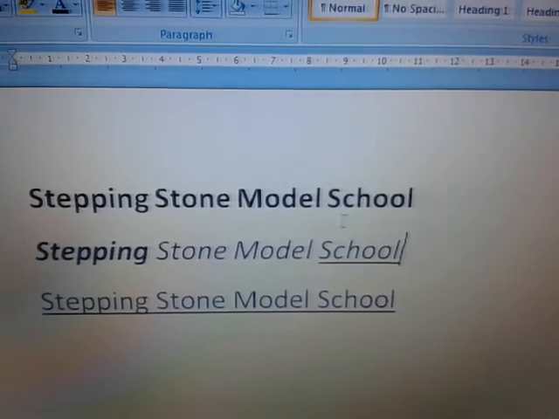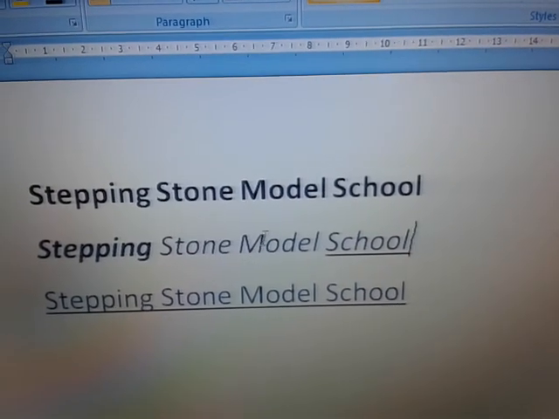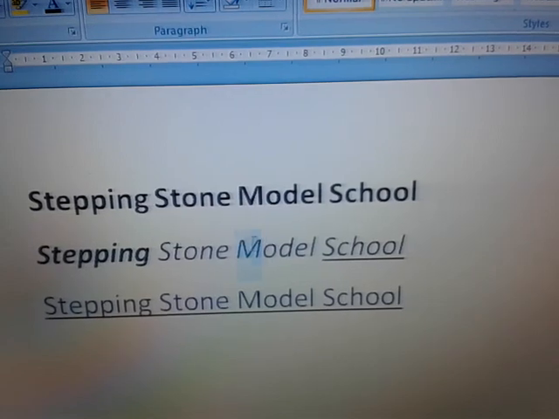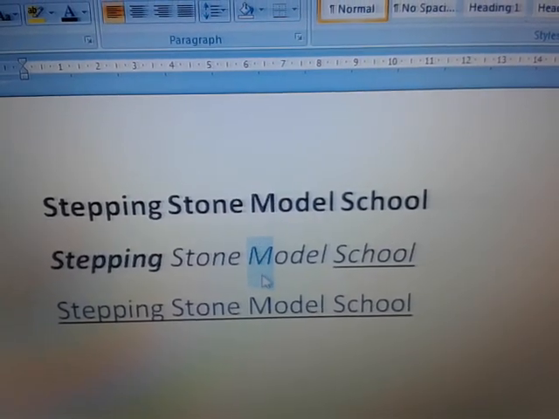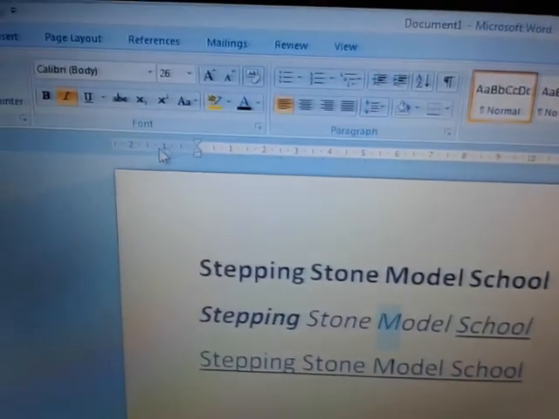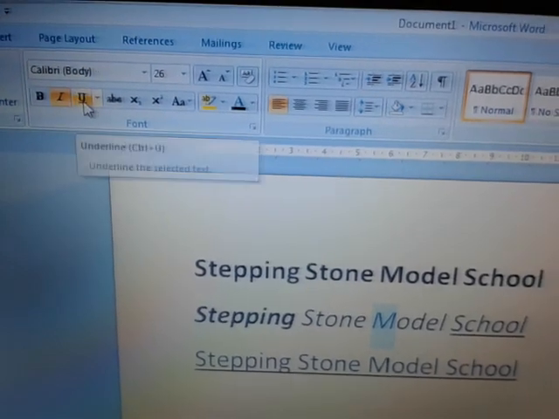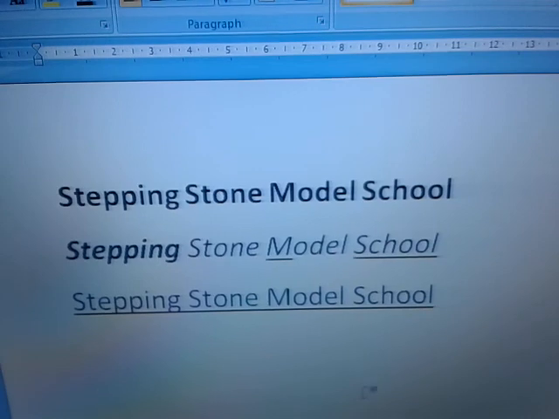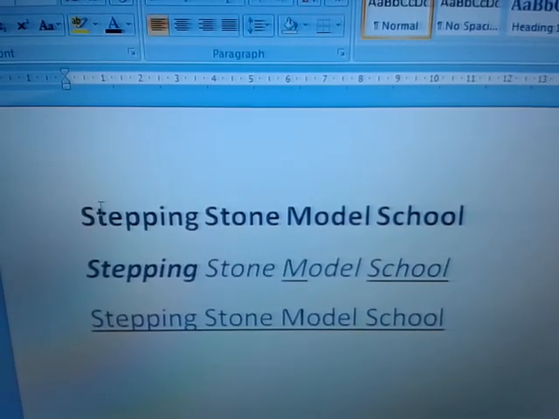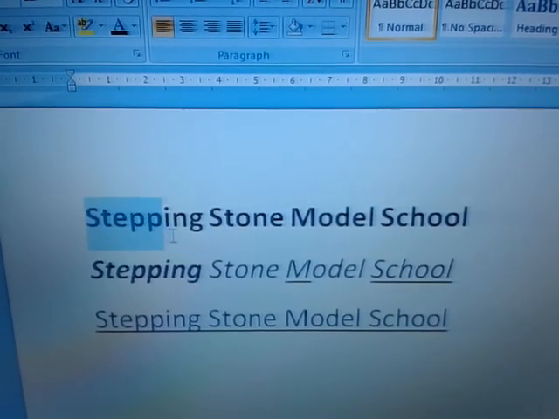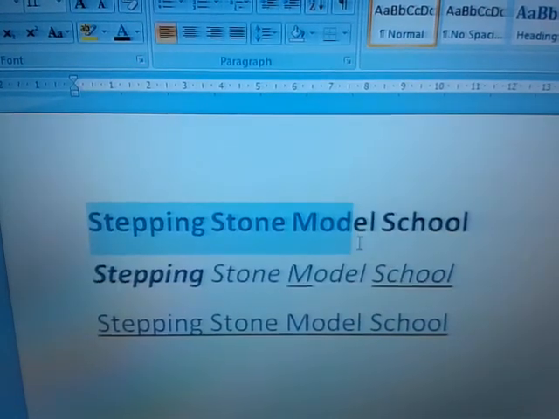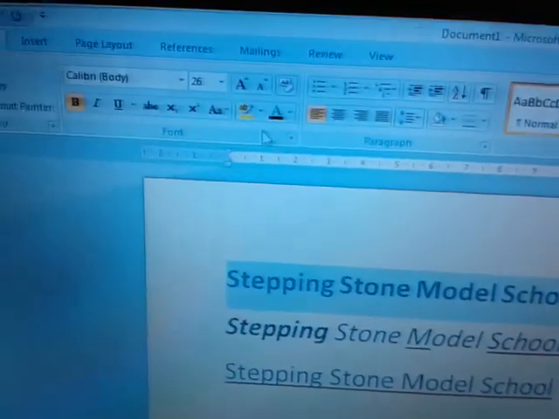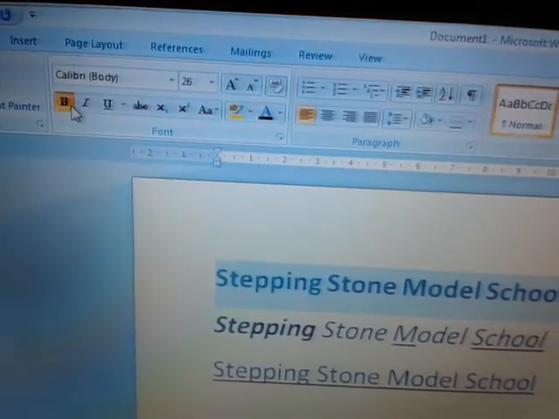You can give effect to a single alphabet also. Say this M. I just want to underline this M. I will go on U and just the M is underlined now. If I want to undo this bold, I will select it and click on bold.